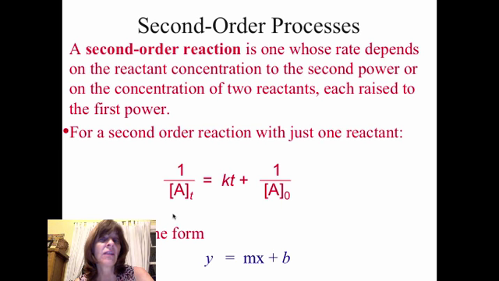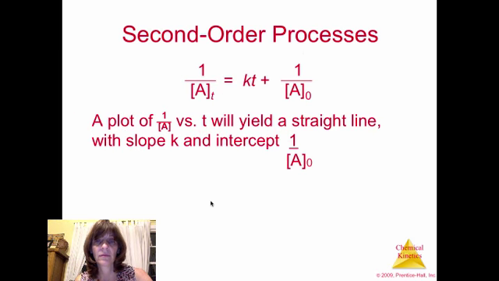Instead of a natural log of the concentration as in first order, you get an inverse of the concentration at time t, and that will equal your rate constant times time, plus 1 over the original concentration. This is in a y equals mx plus b form as well. If you plot this, you will get a straight line with a slope k and intercept 1 over the original